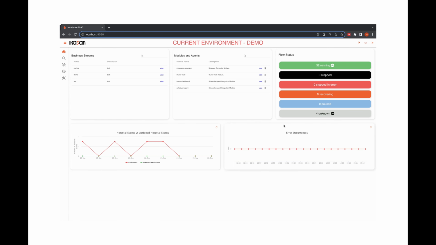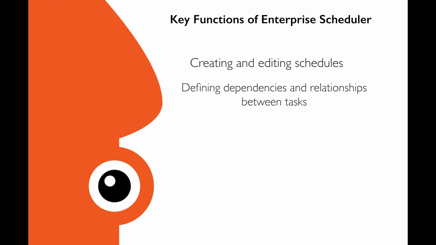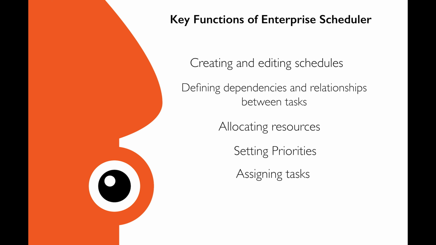The Ikasan Enterprise Scheduler provides a centralized platform for creating, managing, and monitoring schedules across different departments or teams within an organization. The key functions of an enterprise scheduler include creating and editing schedules, defining dependencies and relationships between tasks, allocating resources, setting priorities, and assigning tasks to appropriate team members. It may also incorporate features such as notifications, alerts, and reporting to keep stakeholders informed about the progress and status